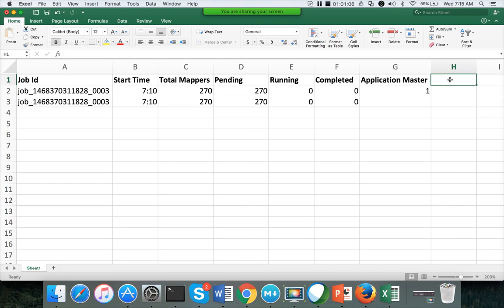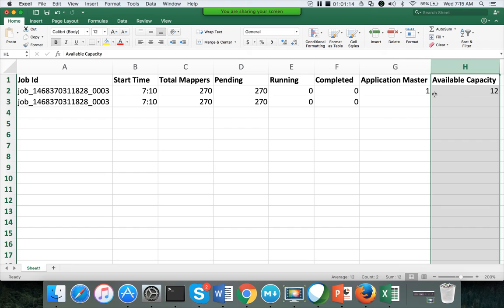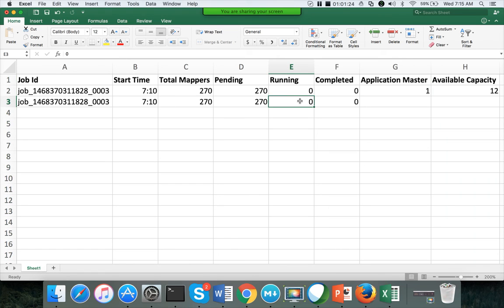Available capacity is 12. So at the beginning of the job, available capacity is 12. Application master took 1 and running is 0. Okay, so at 7:10, when it actually starts processing the data, the running will slowly go up to 11, and then pending will slowly come down from 270 to 259. Okay, it will be progressive.